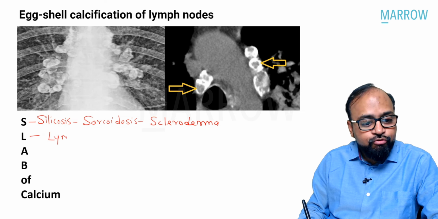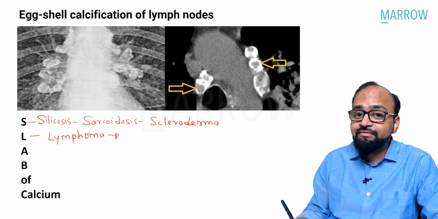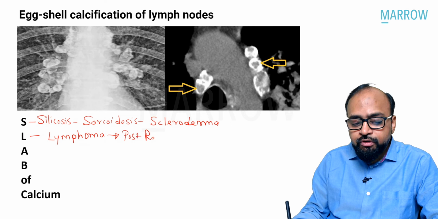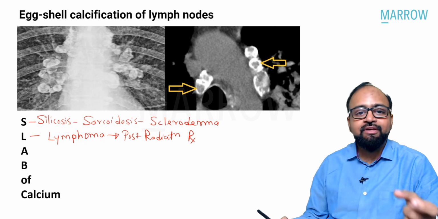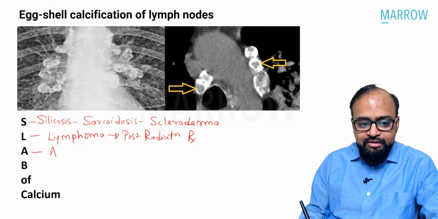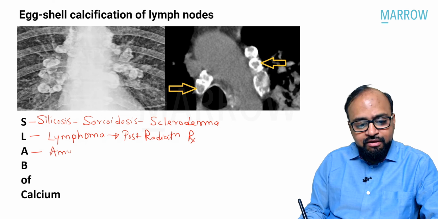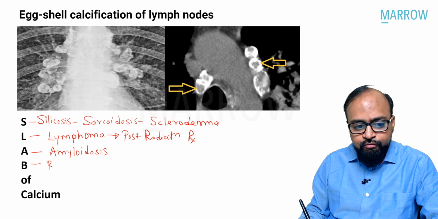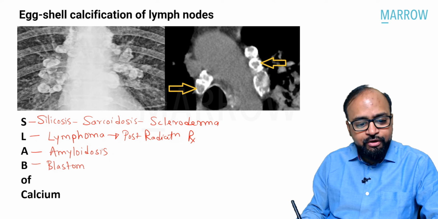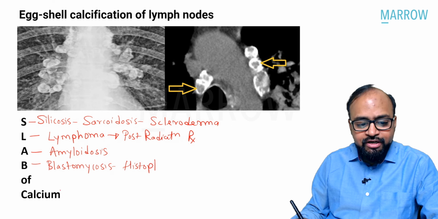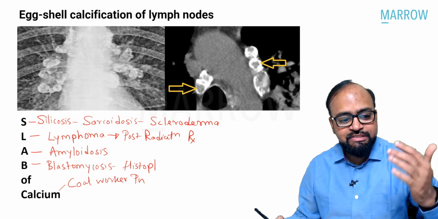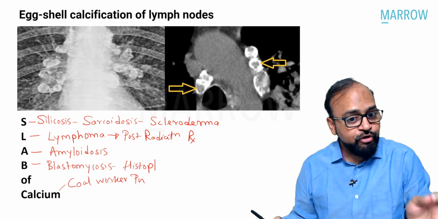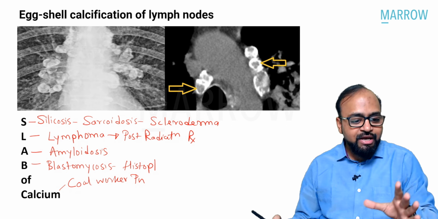L is lymphoma. But when in lymphoma? In lymphoma, eggshell calcification is usually seen post radiation therapy. Not at the primary presentation of lymphoma, but when these lymph nodes are treated with radiation therapy, then there is eggshell calcification which is seen. A is amyloidosis, which is a relatively rare cause of eggshell calcifications. B for blastomycosis and histoplasmosis, fungal infections. And C for an interstitial lung disease, that is coal workers pneumoconiosis. Right, so silicosis, sarcoidosis, scleroderma. L is for lymphoma, that is post-radiation therapy, amyloidosis, blastomycosis, histoplasmosis, and calcium is coal workers